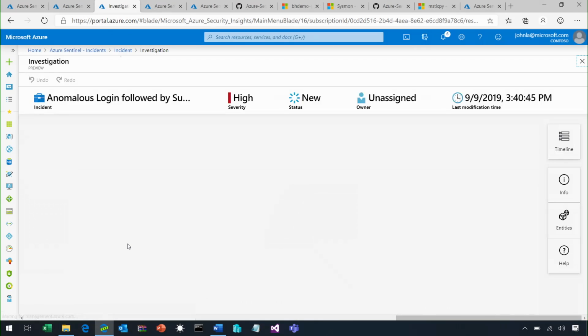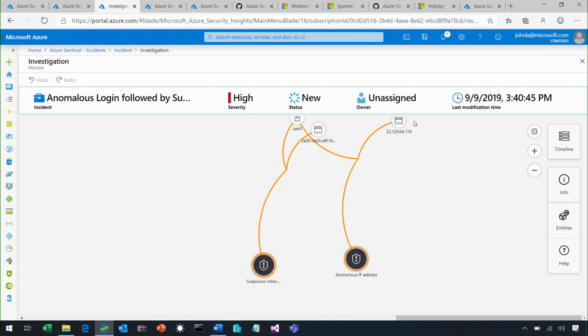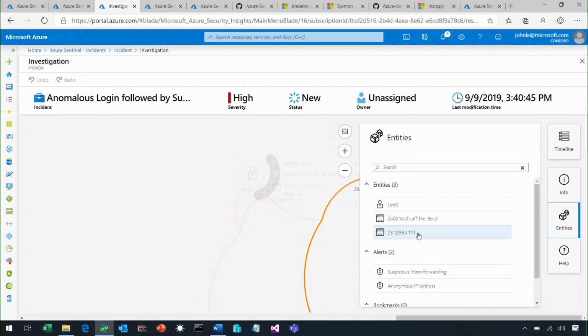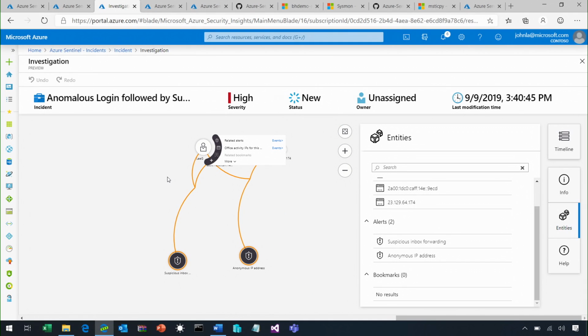Attackers think in graphs, and with the investigation graph feature, defenders can do so too. If you click Investigate from an alert, you'll be able to see all the relevant entities. You can see related alerts from any of the entities. If we click on the user here, we can see all the entities, whether they're the user accounts, the IP addresses, or other various alerts. And if we want to see the raw events, we can click Events and drop right down into the logs